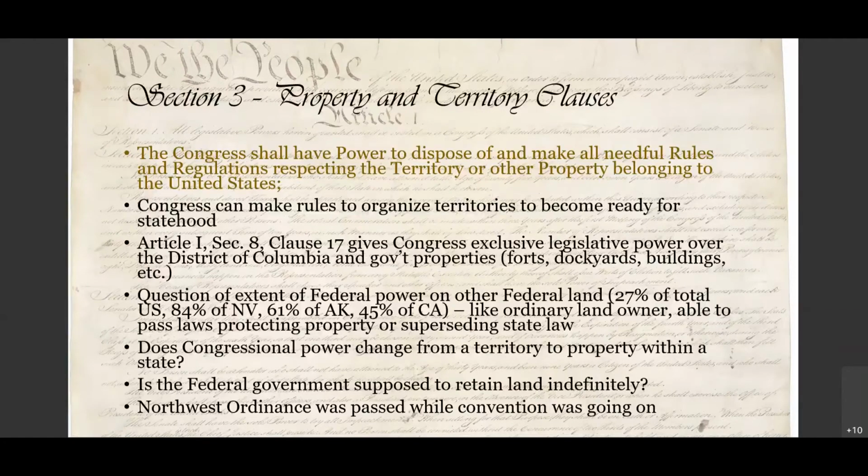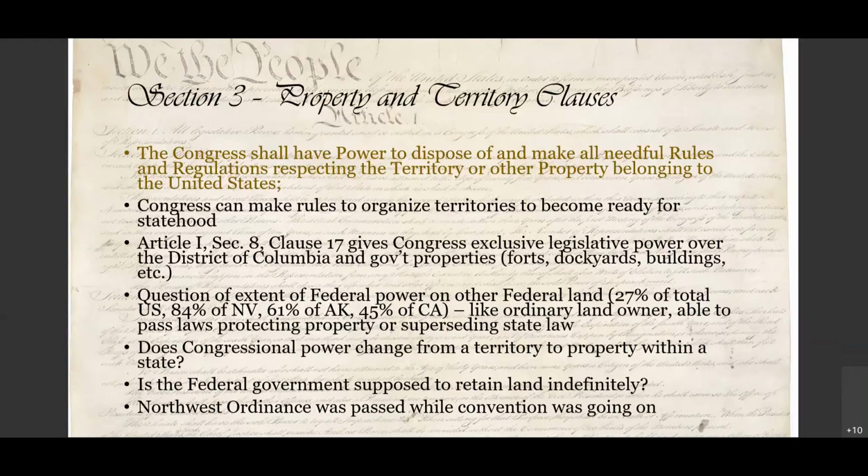Section 3 continues with the Property and Territory Clause, which states that Congress shall have the power to dispose of and make all needful rules and regulations respecting the territory or property belonging to the United States. So this says Congress can make rules to organize territories to become ready for statehood. Back in Article 1, Section 8, Clause 17, Article 1 being the congressional article,